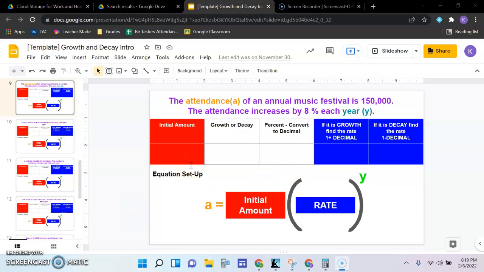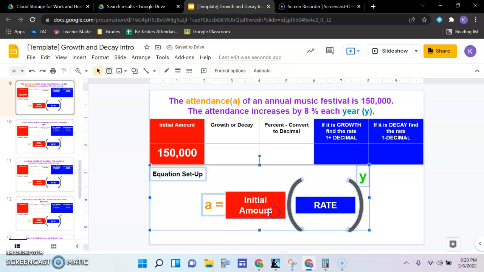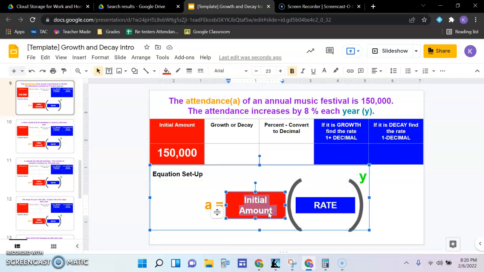Okay, so on this learning module, we're going to put everything together so that we can write exponential functions. For example, on this problem, it says the attendance of an annual music festival is 150,000. The attendance increases by 8% each year. So first of all, the first number that we're going to write in the equation down here is the initial amount. The initial amount for the music festival, the attendance is 150,000. Because we're starting off with that number, that's the initial number we're going to put right here,